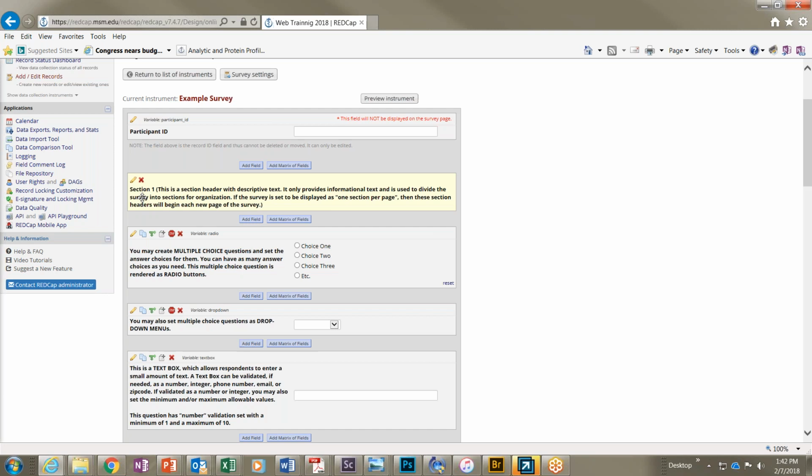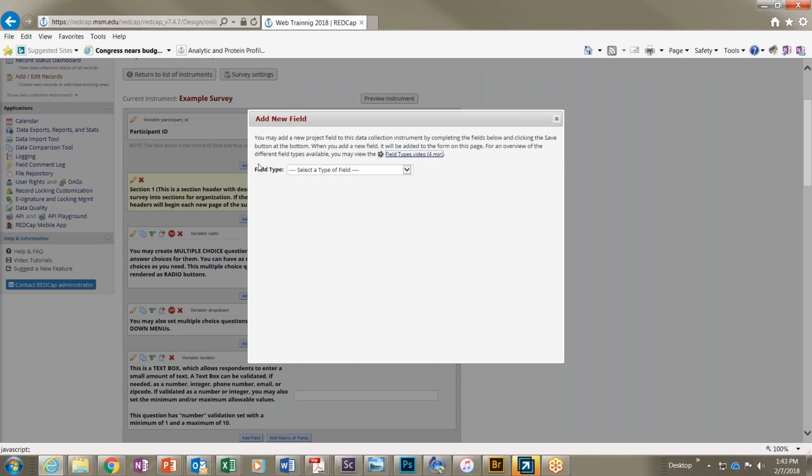Section headers. For example, if you had a form that has medical history and it has medication, and you want to separate the two, this is where you would use a section header. The funny thing about a section header, though, is that if you're creating a form from scratch, you can't start it with a section header. What you have to do is, I call it, trick the system. Basically, if this was blank and there was nothing here, it would not allow me to add a section header. I would have to complete this area here, then go in the middle and add my field. And when you add a field,